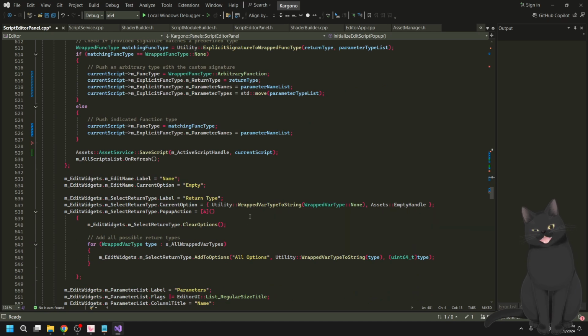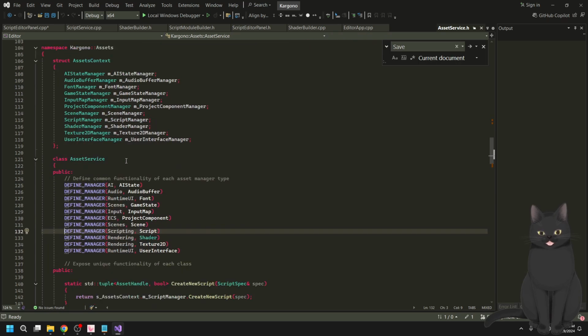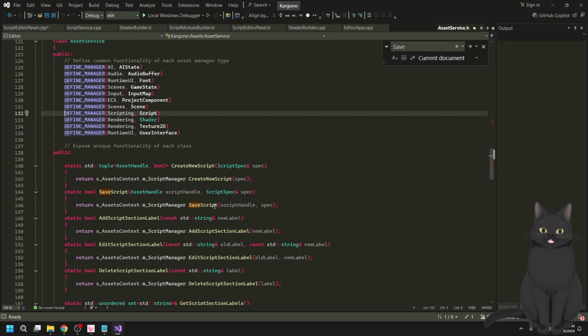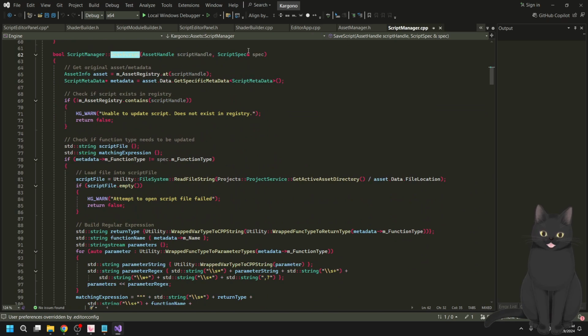So let me open it up, because I want to make sure that if I make changes to this copy of the script, it doesn't affect the other one until I actually want to save it. So I provide the